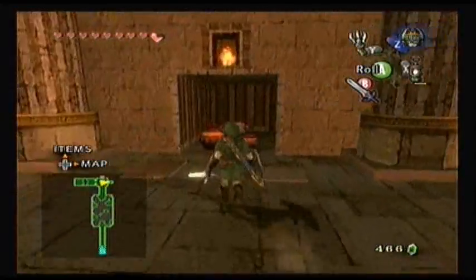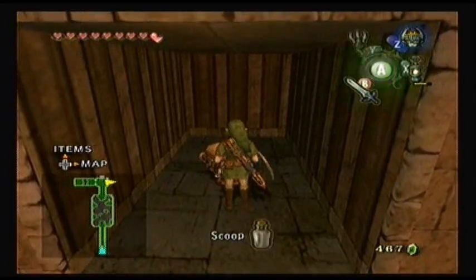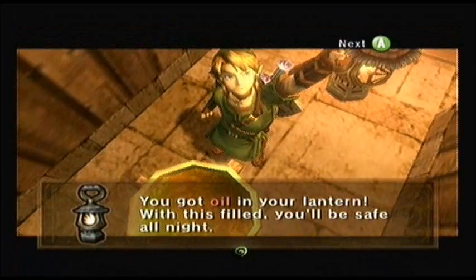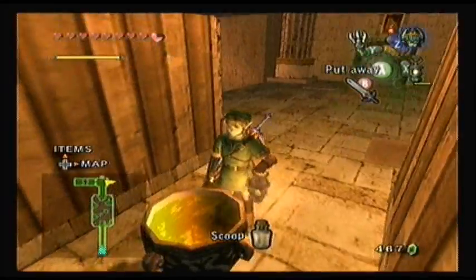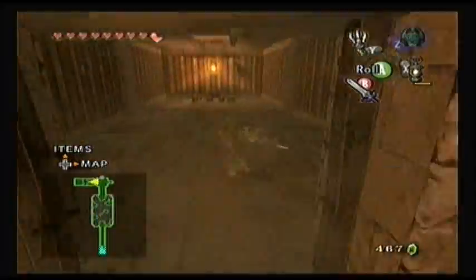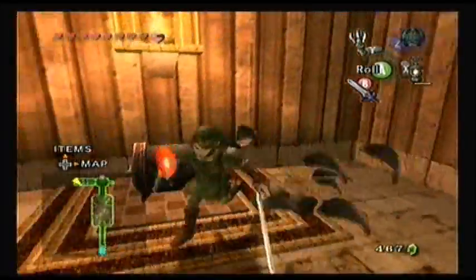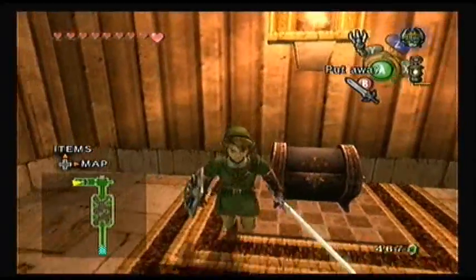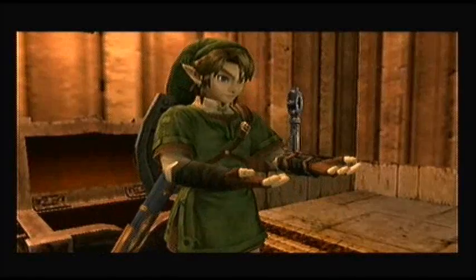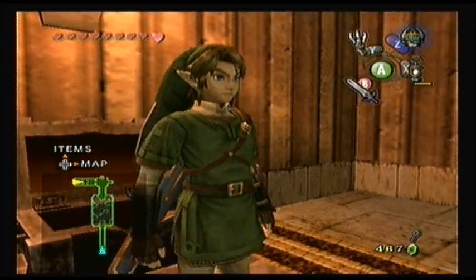So, on the right side here, this is actually lantern oil, so I'm just going to go ahead and dip my lantern in. I don't really know why there's free oil here, because you don't even necessarily need your lantern in this area, but anyway, I'm going to grab that. If you have a free bottle, go ahead and fill up if you want. I think it's so you don't have to pay for it later in the game,